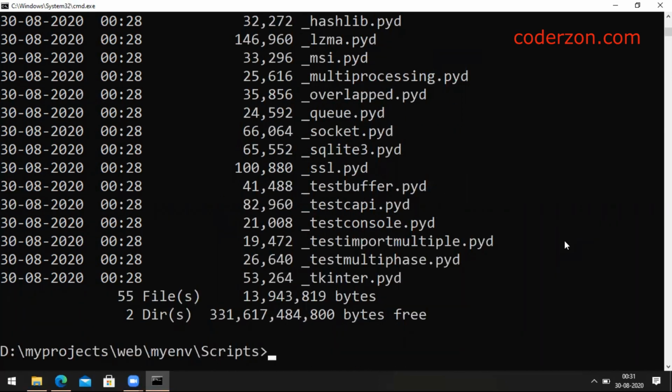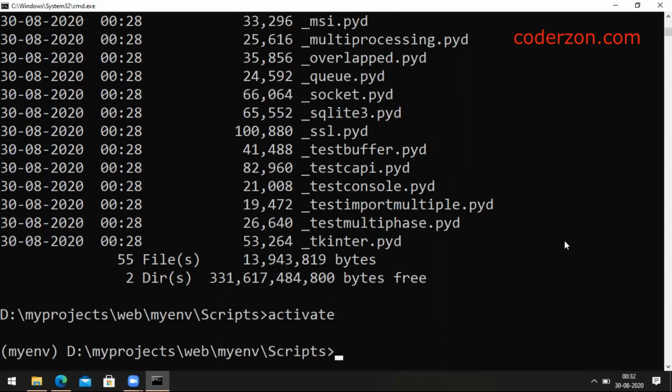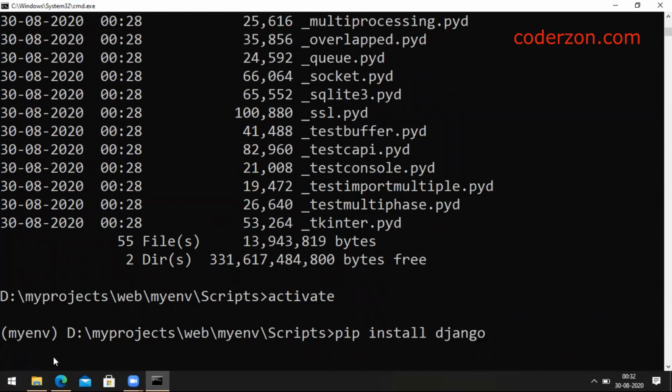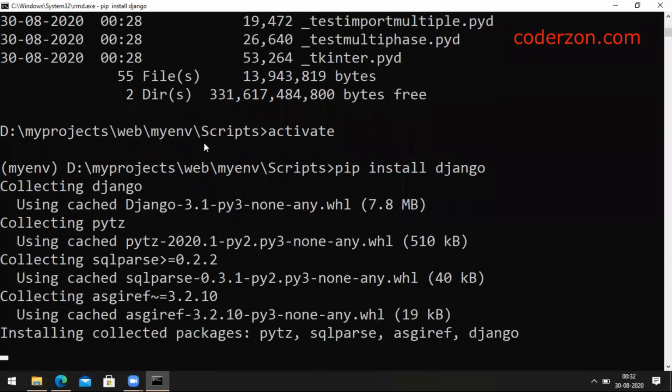Now I'm going to activate it. Now we can see currently we are working on myenv. Now if I execute pip install for some package like Django, that is not going to install at the global Python location. Instead, it should be installed inside site-packages, inside this particular folder.